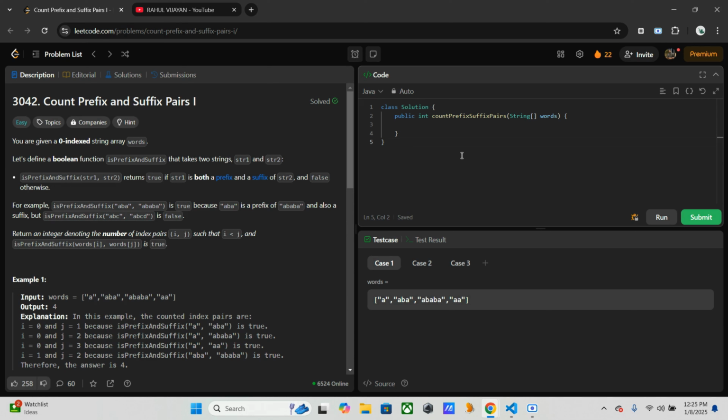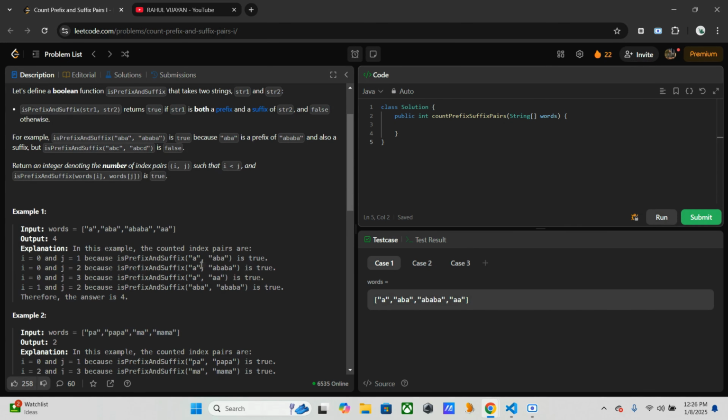Imagine you are given a list of words and you need to find all the valid prefix suffix pairs from these words. So from this example, you will get to know what's the thing we need to find. So let's